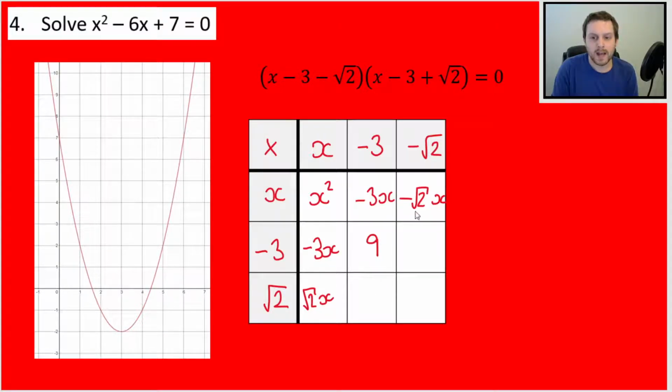Right, if I have minus root 2x, it cancels out with plus root 2x. Here I have minus 3 root 2. Minus 3 times the square root of 2 is minus 3 root 2. And here I have minus 3 times minus root 2. Now a minus times a minus is a plus, so this is just 3 root 2. But 3 root 2 and minus 3 root 2, when you add those up, again, they just go to nothing,